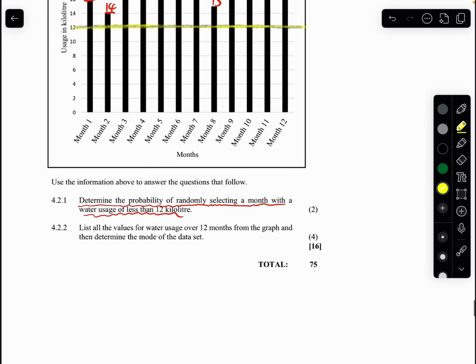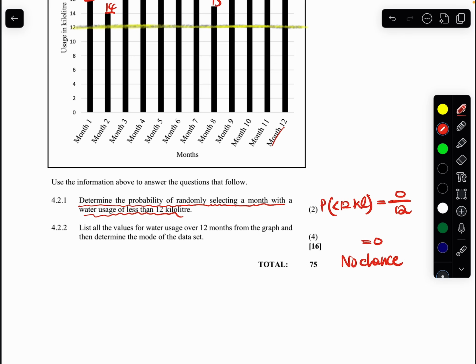No. So answering this question, you say the probability that is less than 12 kiloliters is 0 out of 12 months. 0 out of 12, it's 0. So that means no chances